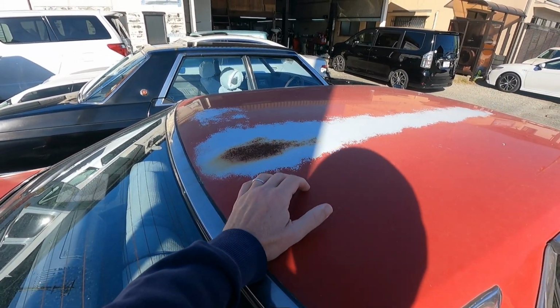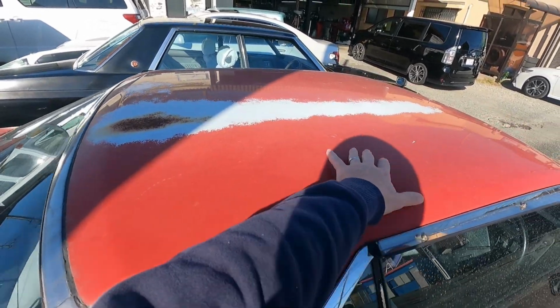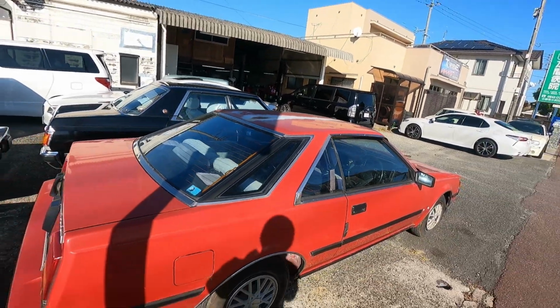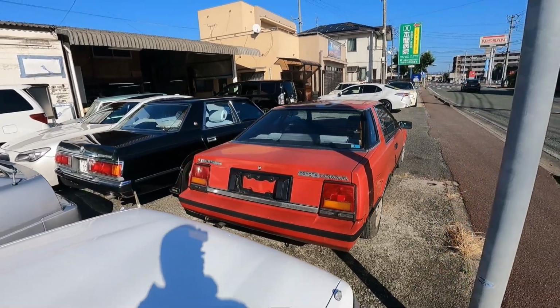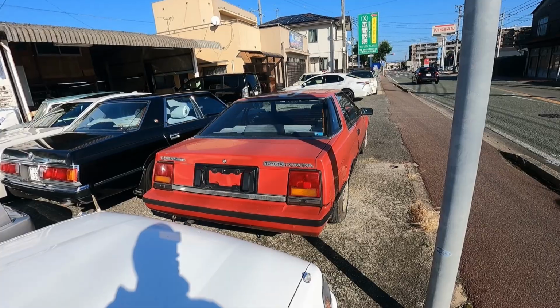Now, I had a VK Calais, and I had the same issue on my VK. It was more so here. And I sold that VK for 1,500 Australian dollars like an absolute fool. But anyway, I sold that so I could come to Japan and get jelly over this car. So anyway,